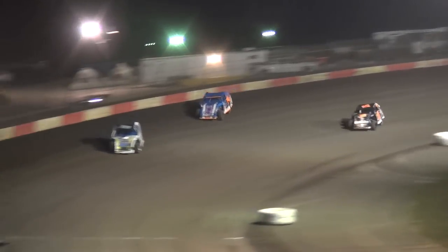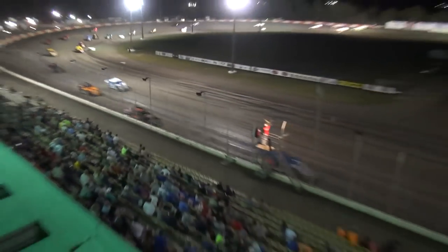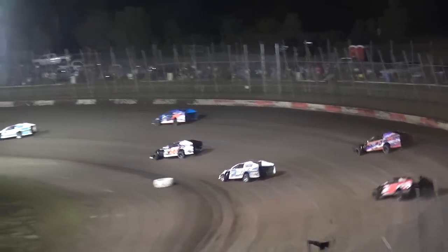Galvin slides up high in turn number 2. Hangs on to that spot, though. Still gets a good run around there. Smith and Bryant to the high side. Tim Powell trying to make something work down there, about midway up between 3 and 4, trying to close that gap a little bit as he goes low side in 1 and 2 now along with